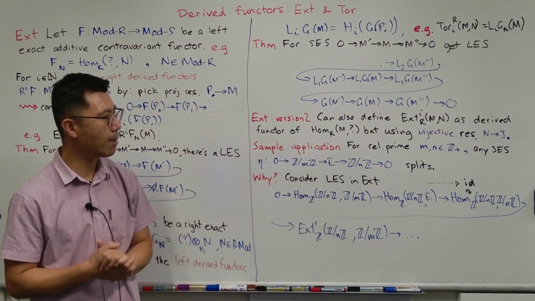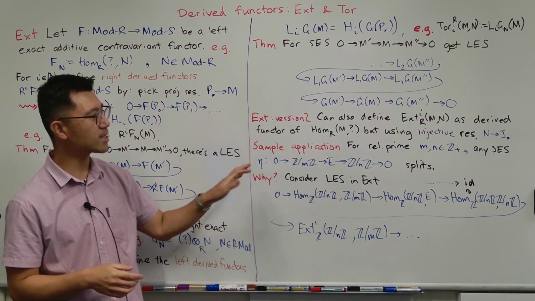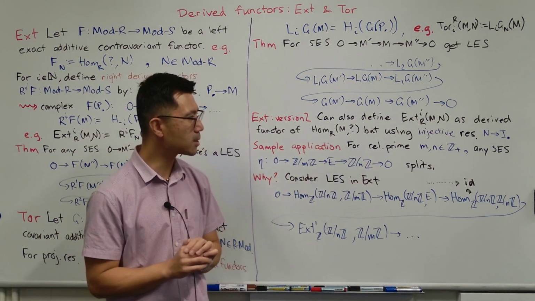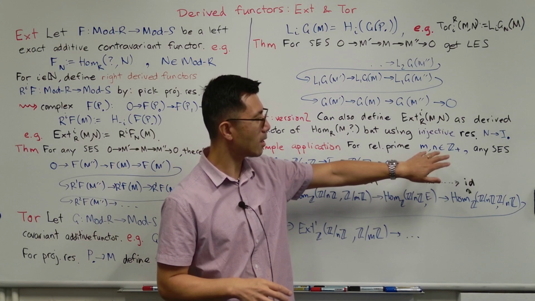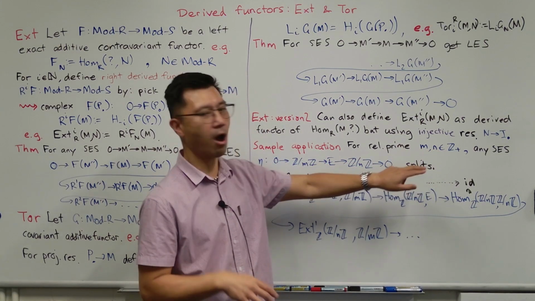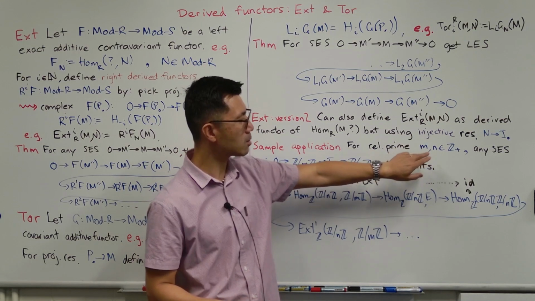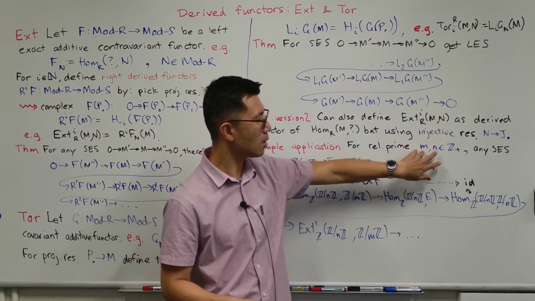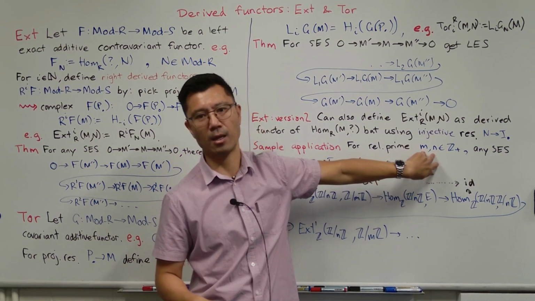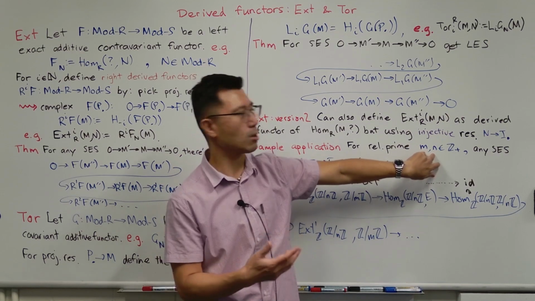Okay, so here's a simple application. We're going to look at a short exact sequence of abelian groups, and it's actually just looking at the extension of one cyclic group with another. The cyclic groups that we'll look at correspond to two positive integers, m and n, and they're going to be the cyclic groups of these relatively prime